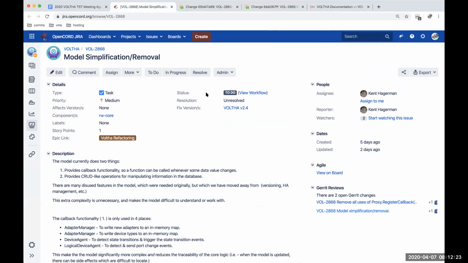So you said it was used by HA. Do we have like an alternate HA solution that we're planning, or does this move us into the situation where we won't have an HA solution? So I personally have ideas for how I want to do HA. It was used for our particular version of HA. I don't know if it's useful for a general HA. The only real purpose for it was that if something was changed in the database by another core, then you could be updated for it, right? So if some other core is writing, I need to know that the state in the database has changed, and I need to be notified.